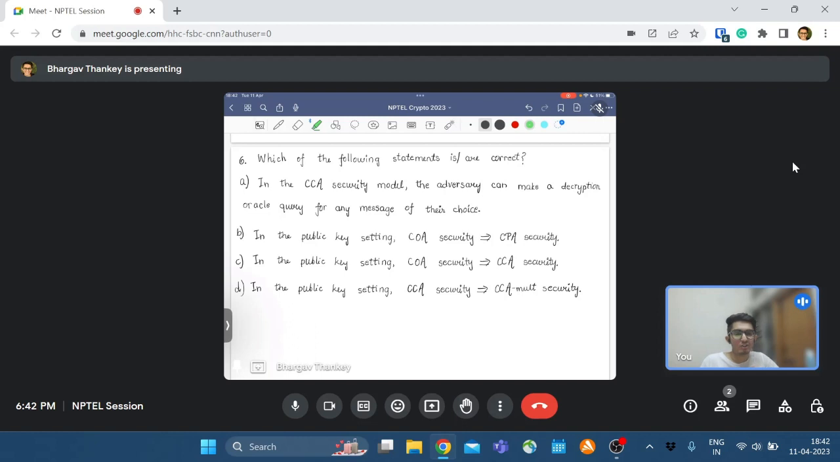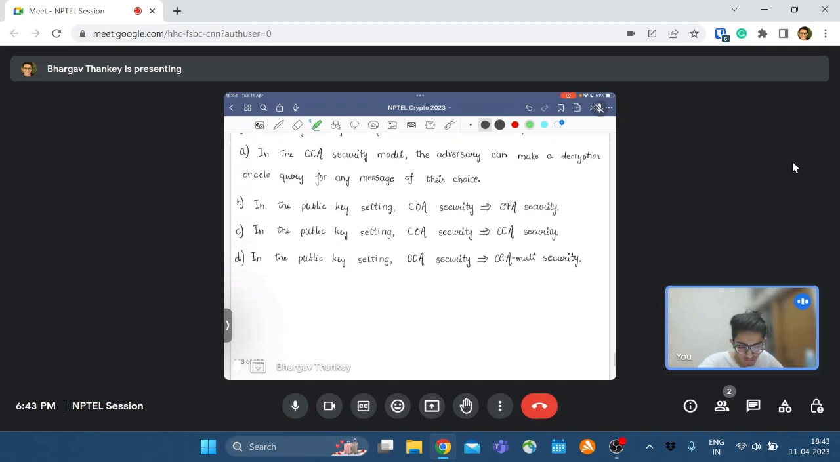So statement A is not quite true. It's almost true, because in the post-challenge training phase the adversary cannot make decryption oracle queries for the ciphertext that they receive during the challenge phase. So A is false. Option B: in the public key setting, COA security implies CPA security. Well, this is true because COA security and